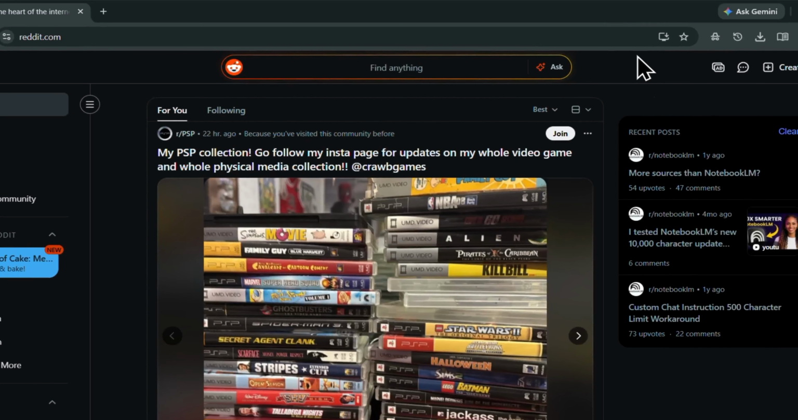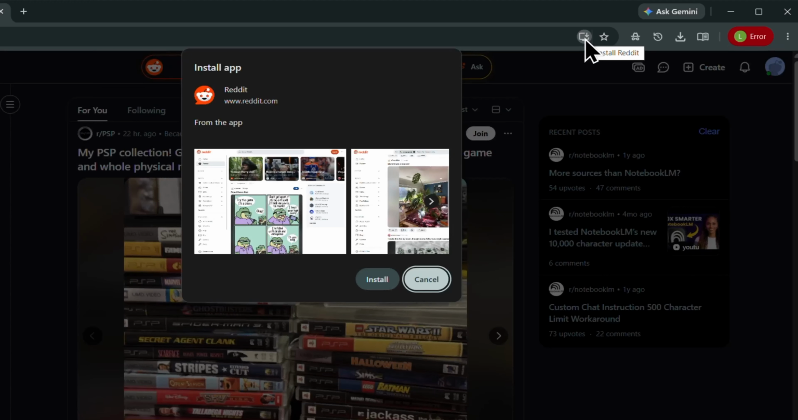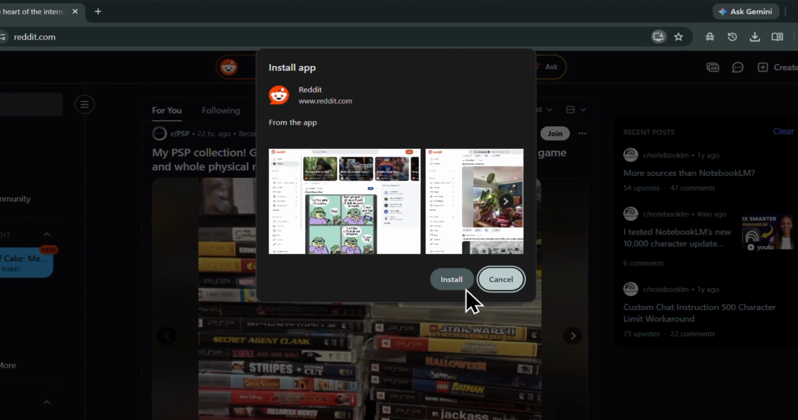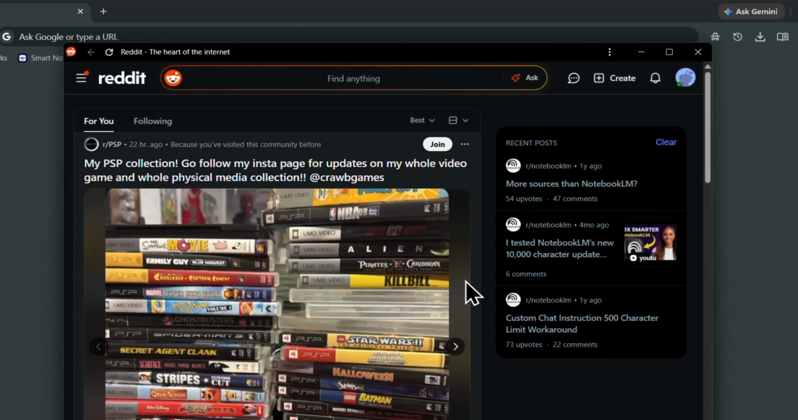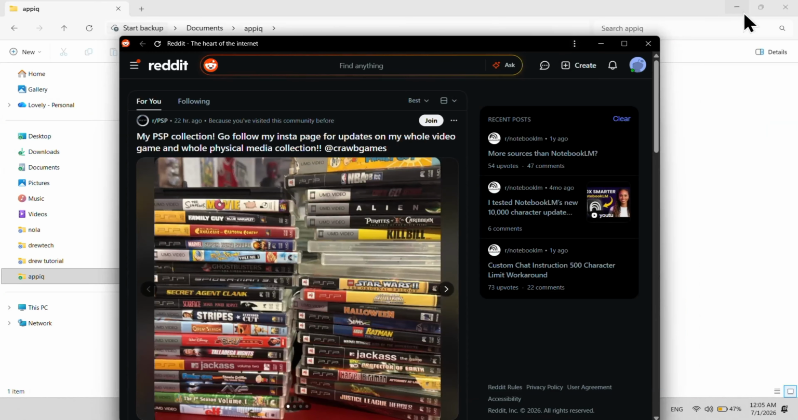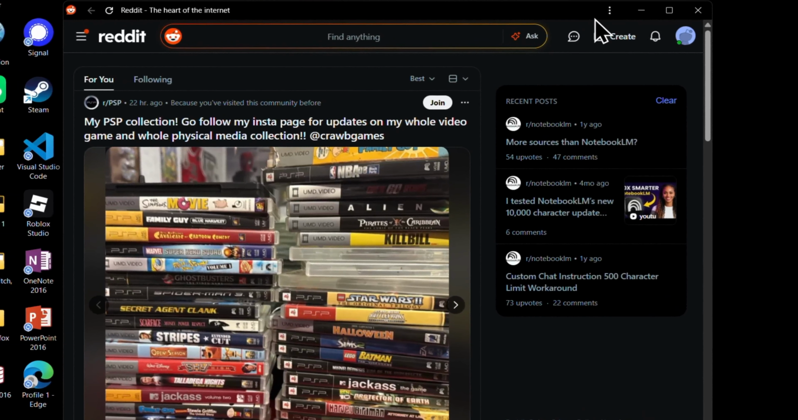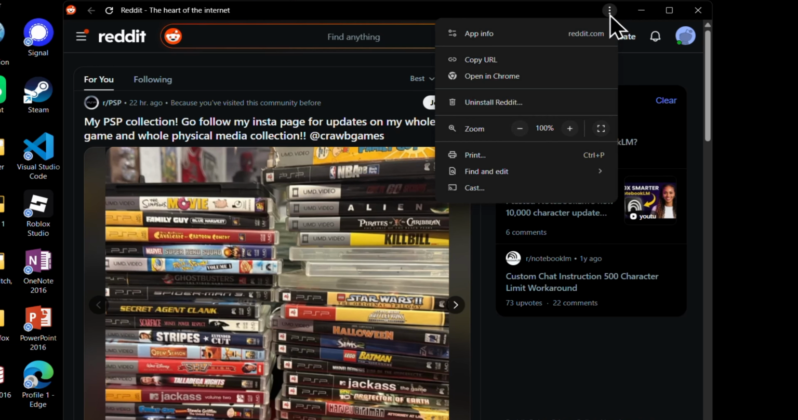Next, now on the address bar, so on the right side, you can see this computer right here with an arrow. So if you hover over to that, it will say install Reddit. So click on that and you can install it from here also. So click install and it will open another window. And that's basically it. So if you want to uninstall this, just click the three dots right here, then click